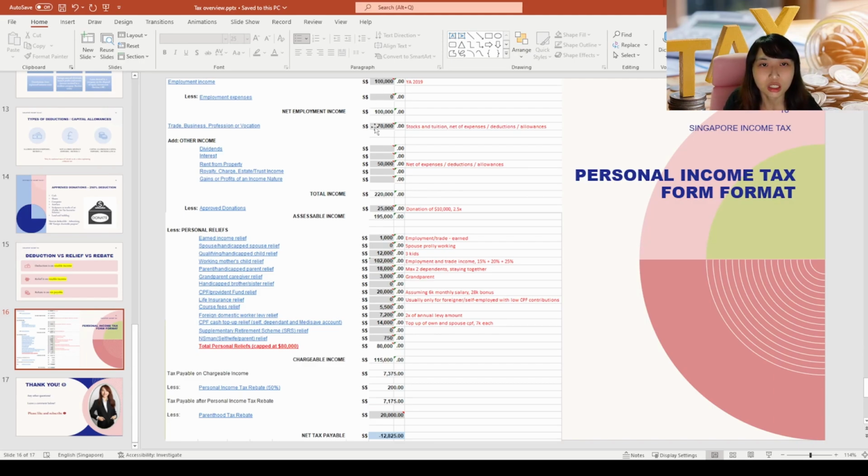Okay, so imagine he reports to IRAS also. So IRAS will tax him obviously. And then he also owns a property. So total he earns income of $220k, net of expenses already. So all the expenses are already included, or capital allowance also included here already. Then after that, he also made a donation of 10k in that year, so he will get a 25k tax deduction for donation. Okay, so remaining assessable income will be